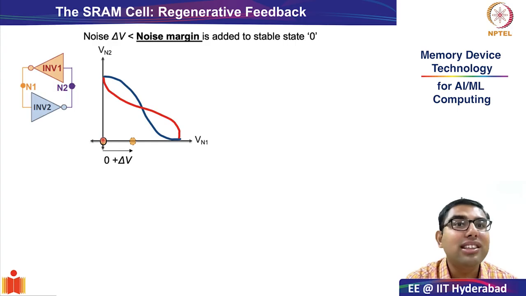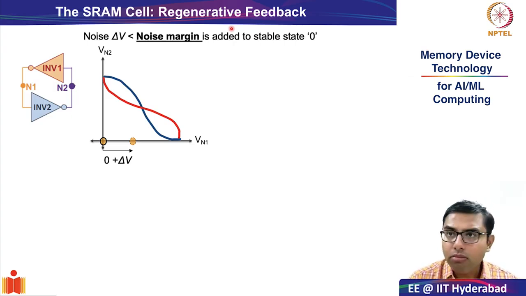What does handling this noise mean? Can it overcome this noise and return back to its original position? Then only it is a memory. Then only it is able to remember things. Okay. Important to realize that this delta V is lesser than the noise margin which is added to this stable